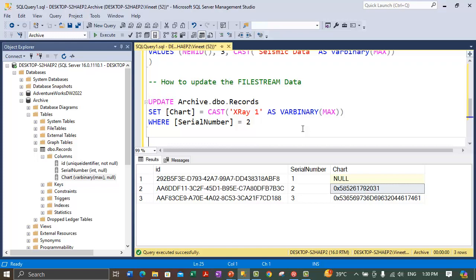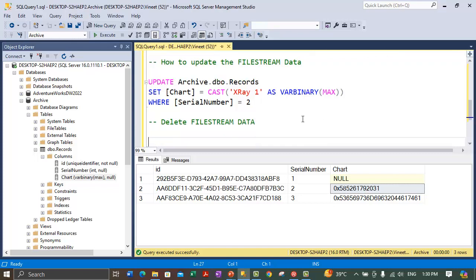Now let me show you another practical, how you can delete the FILESTREAM data. So we will delete the FILESTREAM data. How to do that? Let me first talk about it. When you delete a row that contains a FILESTREAM field,